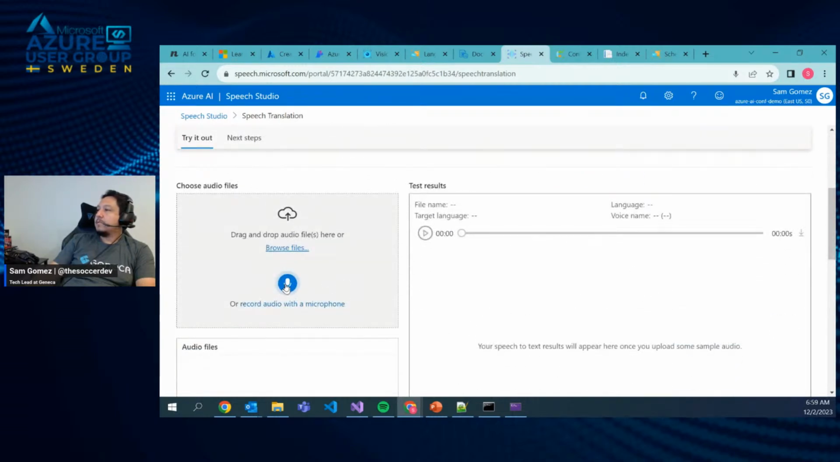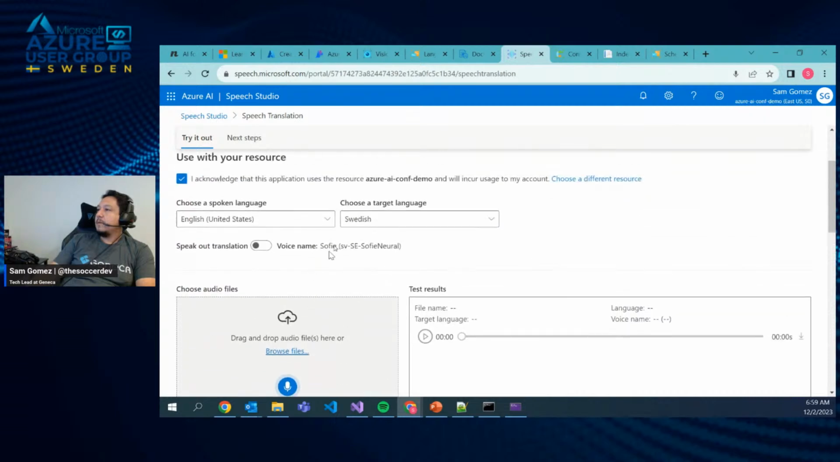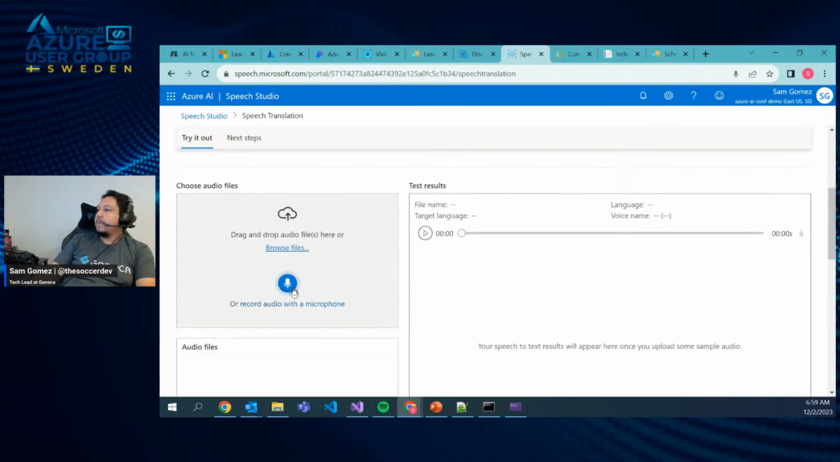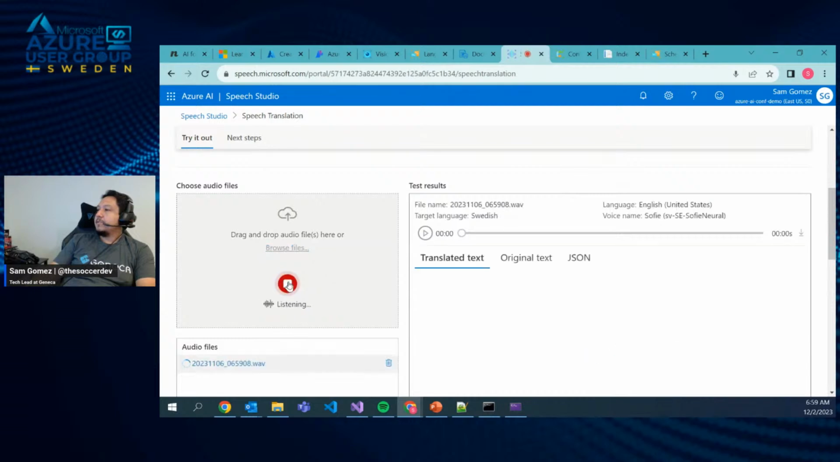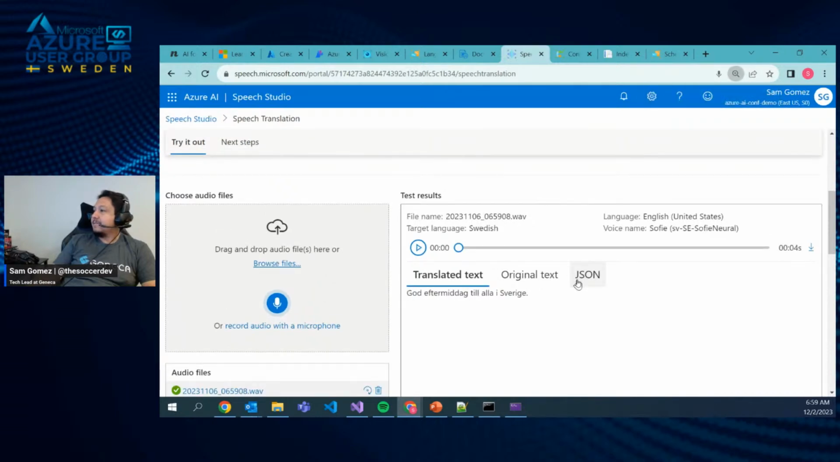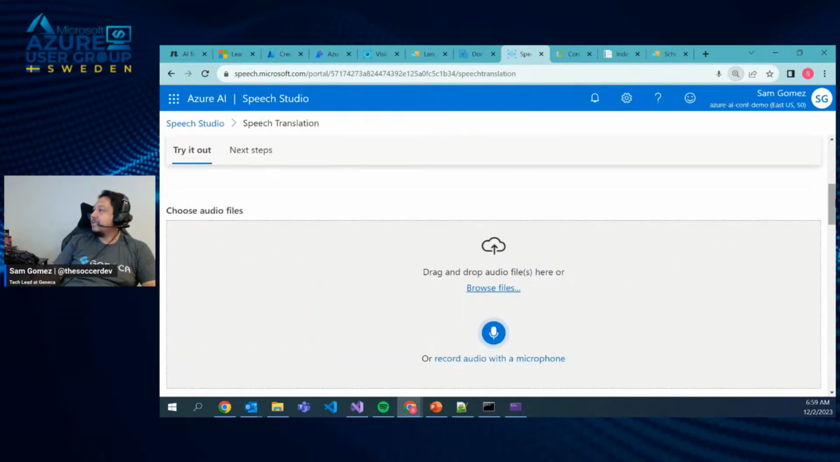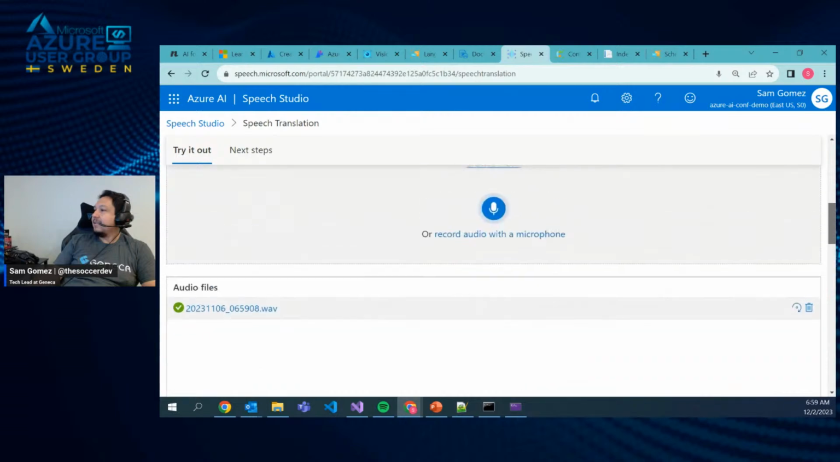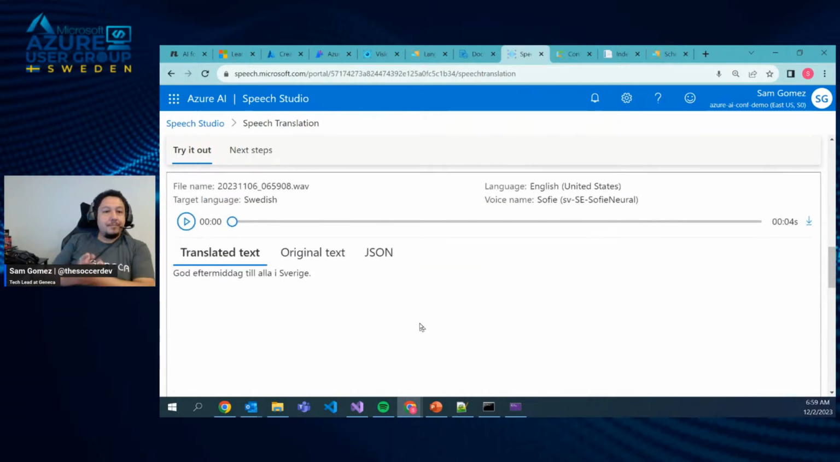So let me do this. Good afternoon to everyone in Sweden. Now, I don't speak Swedish, so you will let me know how accurate this translation is. But still,